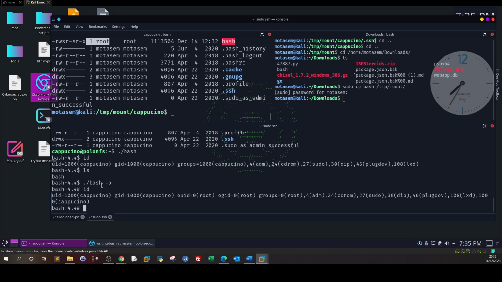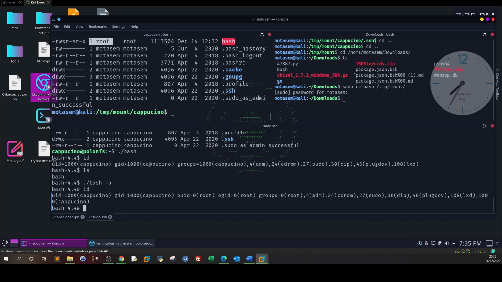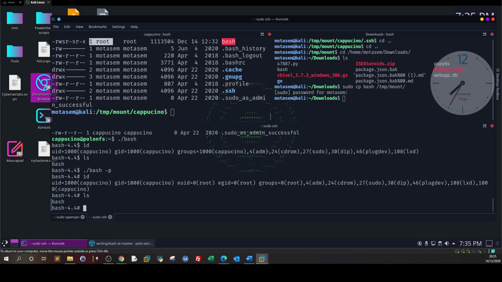So why did it work with p, right? P stands for privileged, so when we type -p, it forces the binary to run with the owner's permissions, and the owner is root, right? That's what it does. It forces the binary to run as its owner. So right now we have got root access. What's left is to get the flag, and that's not our big deal, but we're going to look for the flag. cd root